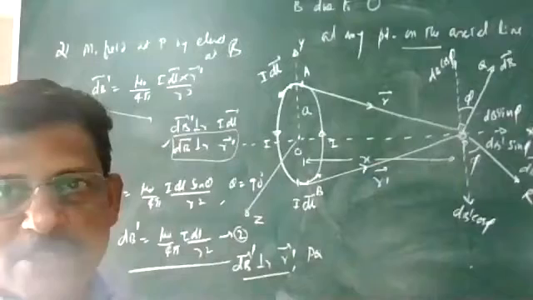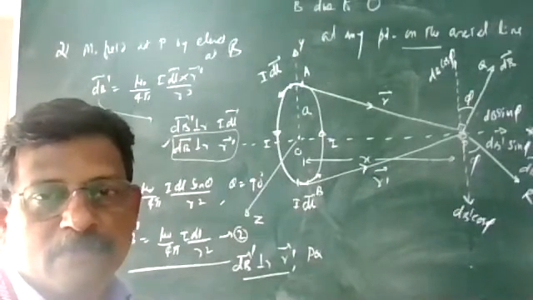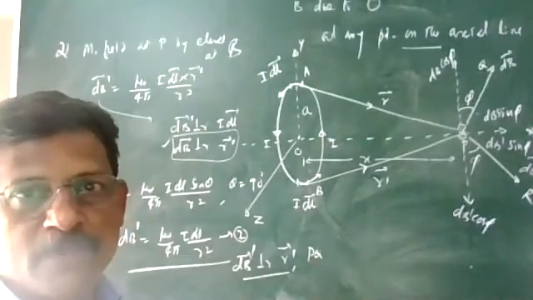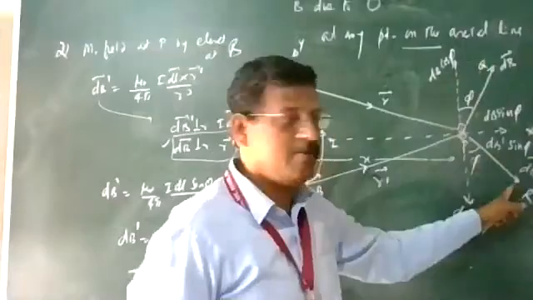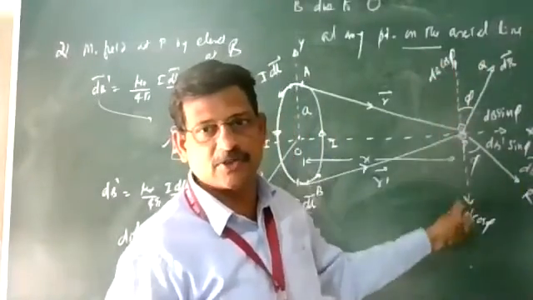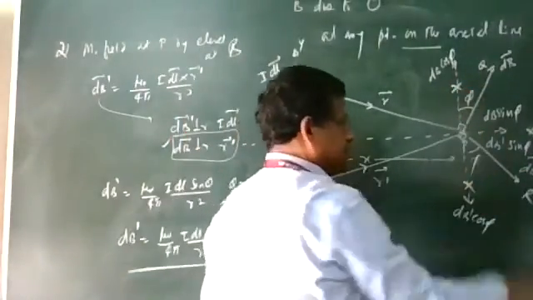So in the horizontal direction there are two components, and in the vertical direction there are two components. So what can you conclude about this? The magnitude of both is the same: dv and dv dash have the same magnitude. dv cos phi is going upward, dv dash cos phi is going downward, both are equal and opposite, so they cancel each other.